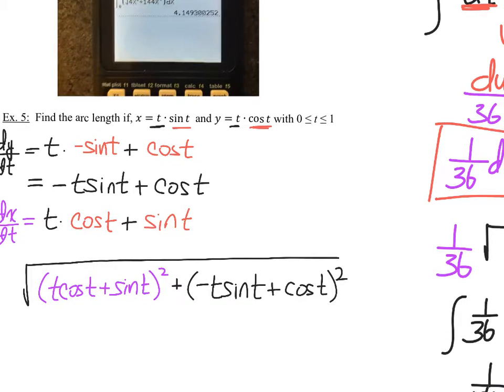Although you did dy dt first, the order is dx squared, and then it's